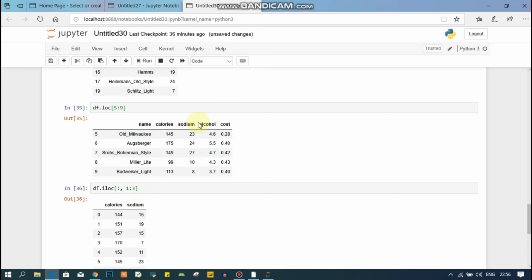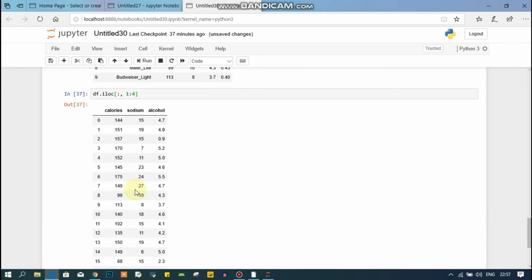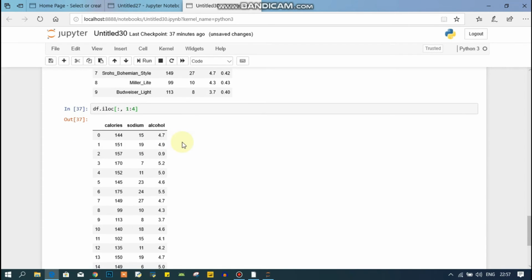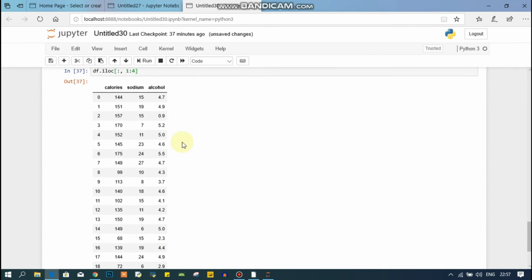If you want the alcohol column too, then you need to pass one value greater than the column value which you want. So I want alcohol too, so I will pass here 4. You can see that you get all the columns, calories, sodium and alcohol. So this is the way of dealing with the iloc method using the range. Now let's see something more.